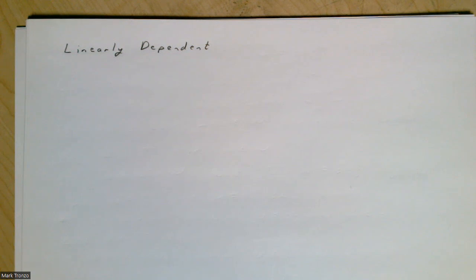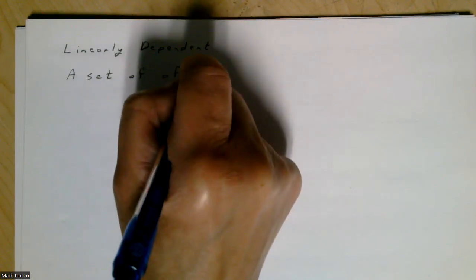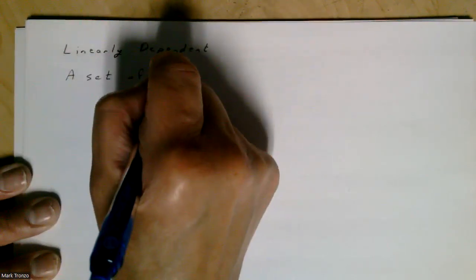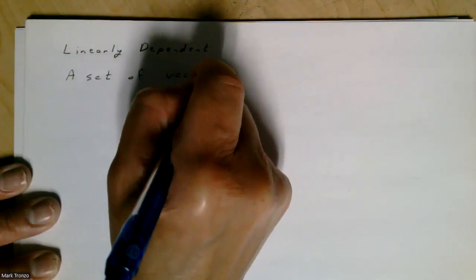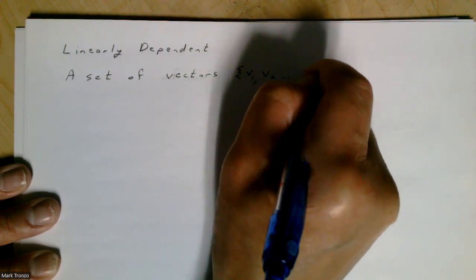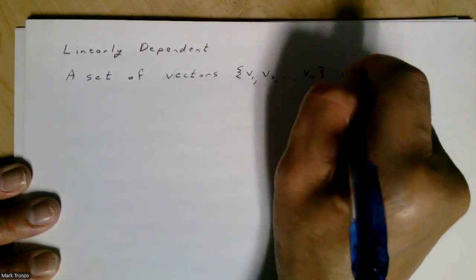In this video, we're going to talk about bases, but first, we're going to talk about linear dependence. So we say a set of vectors, say v1, v2, vn is linearly dependent